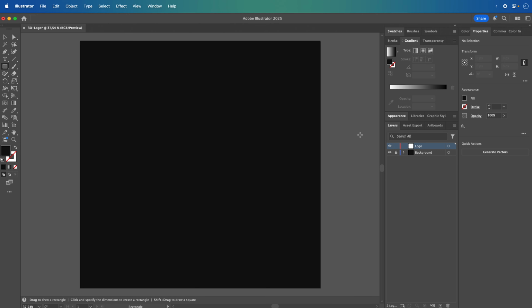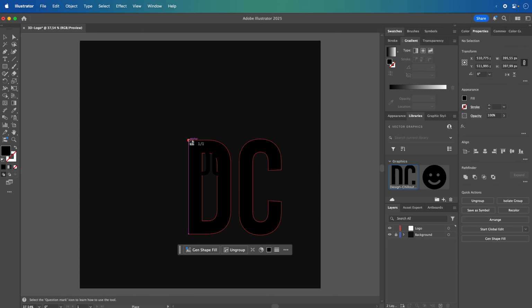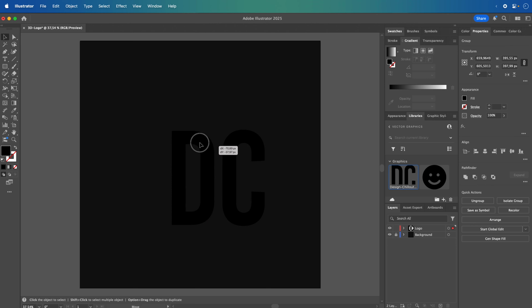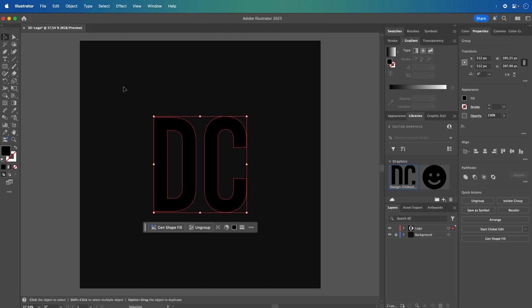So I could either draw my vector shape. However, I'm going to import my vector shape. I could either import, copy and paste an SVG graphic or drag it onto my artboard. However, I'm going to use the Creative Cloud library as I have the assets already in my library. And then I'm going to go place copy. Then I'm going to switch to the